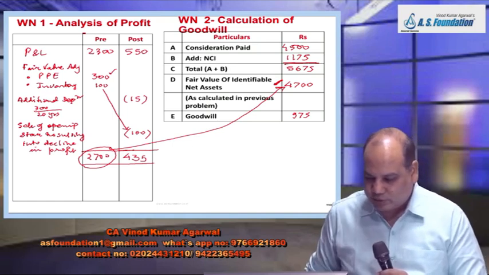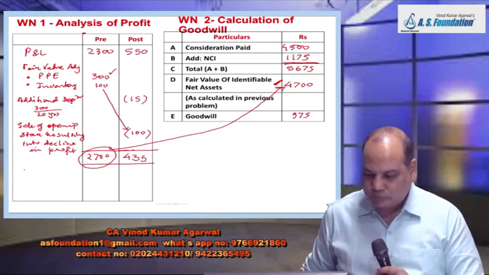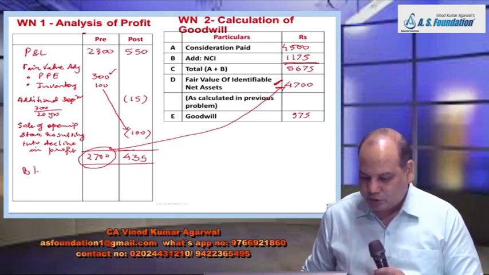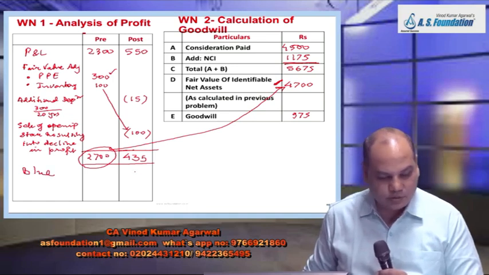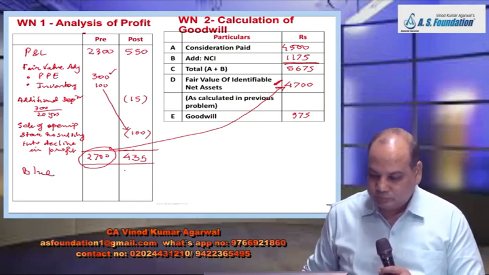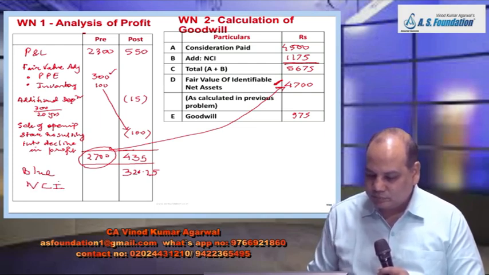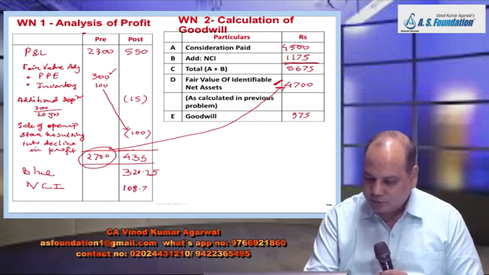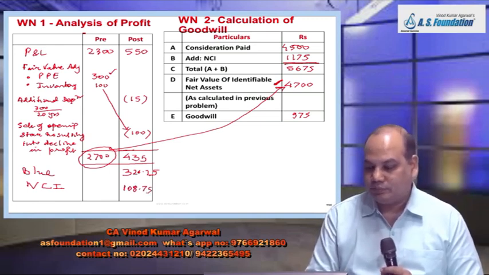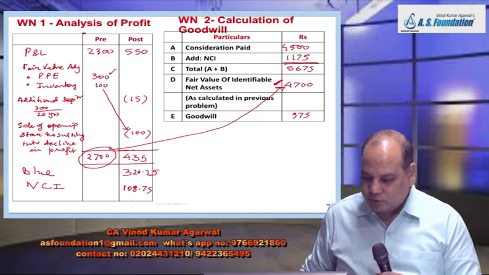Post write down Blue Heavens Limited 75%. How much is Blue Heavens share in post? 75% of 435, how much? 326.25. And what is NCI share? 108.75. So this 108.75